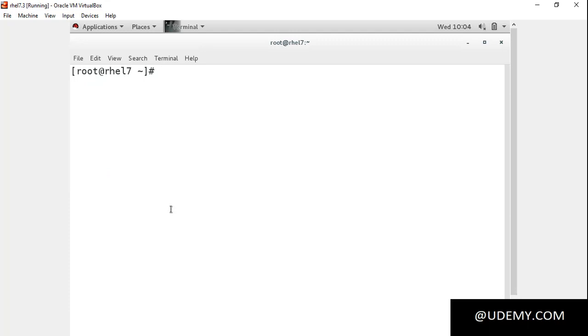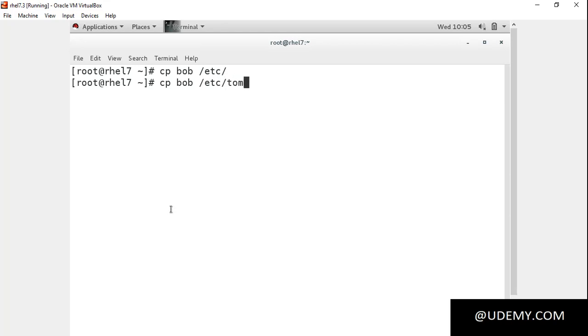It is used to copy files and directory. Like if I want to copy a file bob to /etc folder, then I type cp space bob space /etc. And if I want to copy the same file in the /etc but this time with a new name, so I use cp space bob space